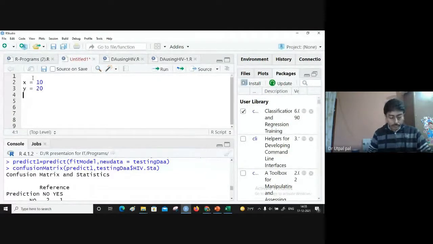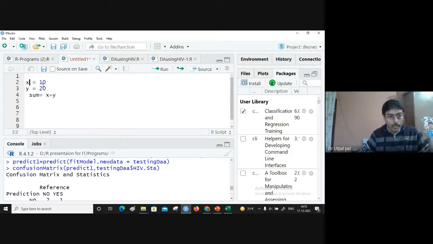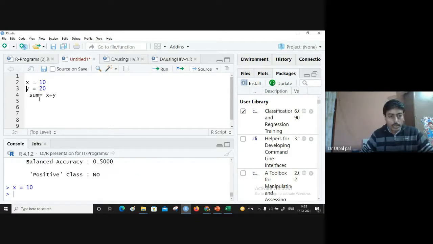Adding the two numbers, sum equals x plus y. Now how to execute? Keep your cursor on the line and click on the run button. The first line is executed, and you can see the output here.